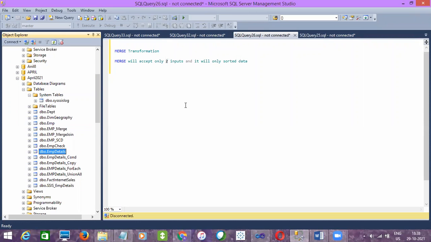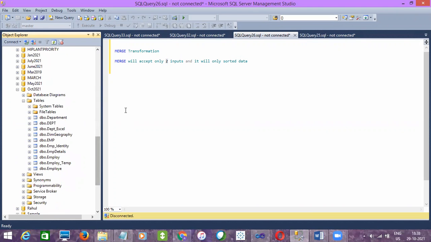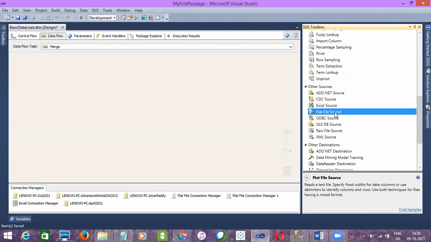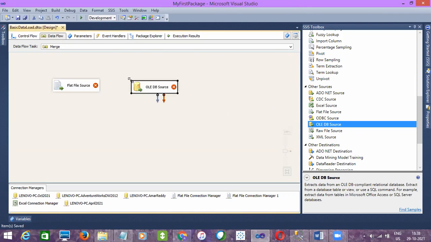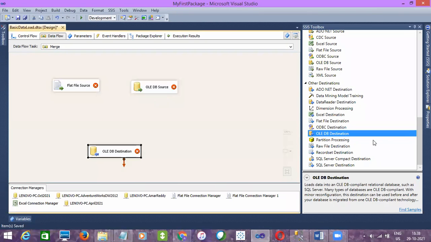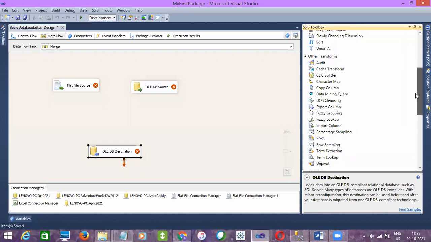The other one is a text file. Let me drag one text file source, which is a flat file, an OLEDB source, and an OLEDB destination.